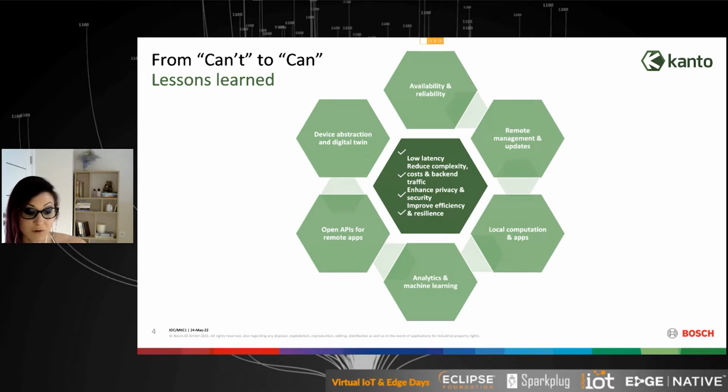And of course, to achieve all of that, to have this local computation and unified APIs, you for sure need device abstraction and digital twin. This is your key to unlocking the potential of resolving the complexity. If you do not have this abstraction, if you're going device by device, case by case, then again you're not resolving the complexity.